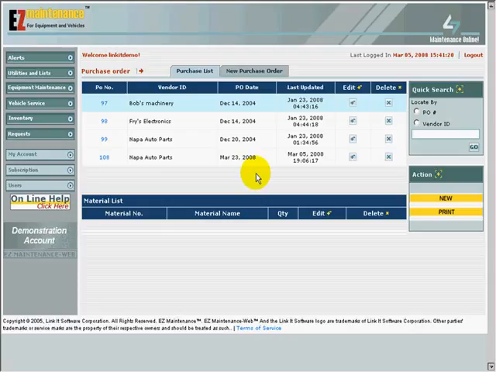View a list of purchase orders and see the materials in each purchase order. Create new purchase orders. Edit existing purchase orders. Delete purchase orders. Print purchase orders. And close purchase orders. At the top of the main purchase order screen, you'll see the list of purchase orders